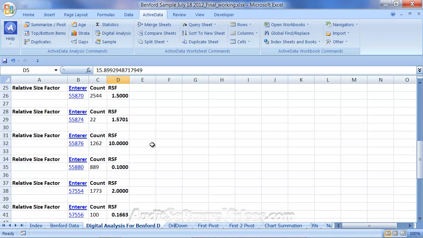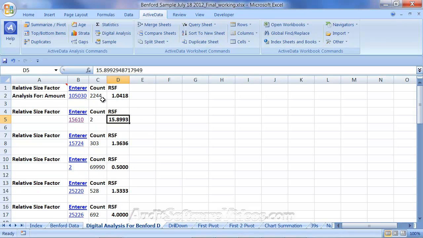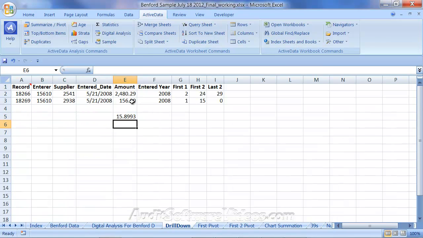And it's, again, very interesting to look at these ratios, especially when you look across an entire group of people and stratify those ratios to take a look at who doesn't look right and who might have just entered a large value, which may be completely normal for the business process. Or it could be something erroneous, and maybe in this particular case, in the drill down, maybe they added an extra digit where they shouldn't have,